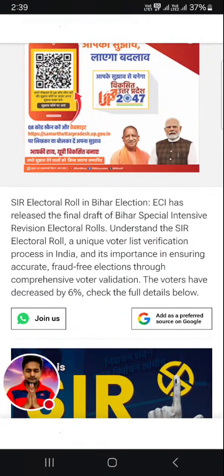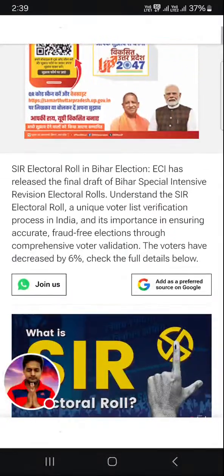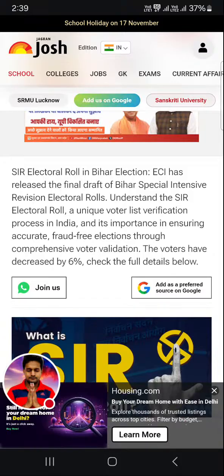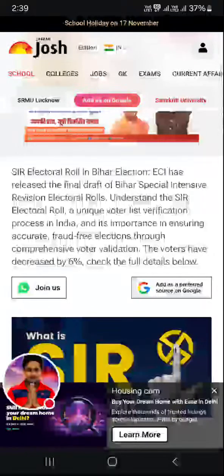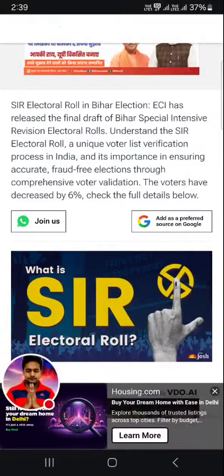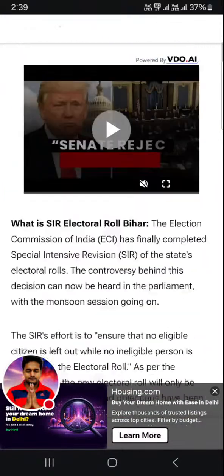Understand the SIR electoral roll, a unique voter list verification process in India, and its importance in ensuring accurate, fraud-free elections through comprehensive voter validation. The voters have decreased by 6%. Check the full details below.